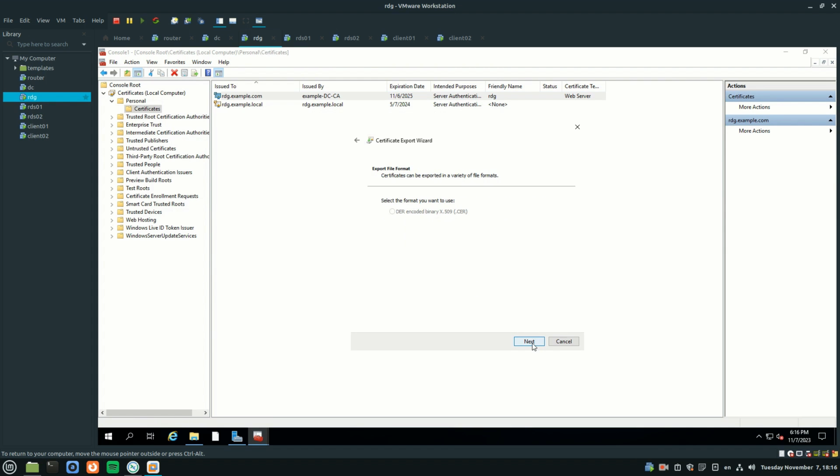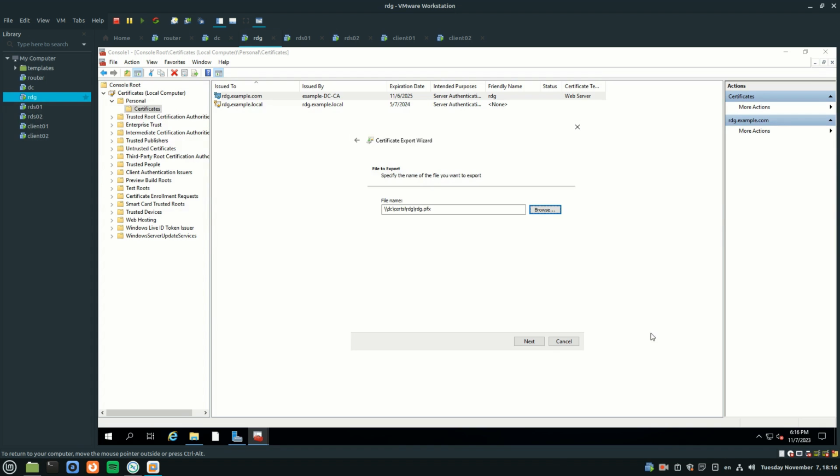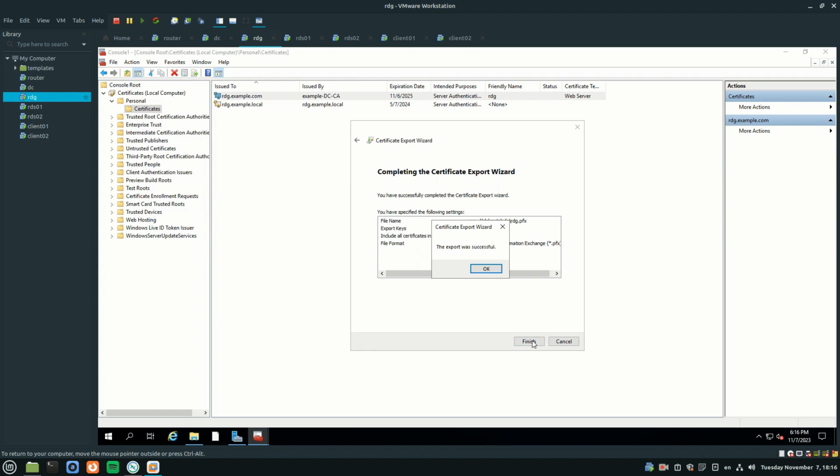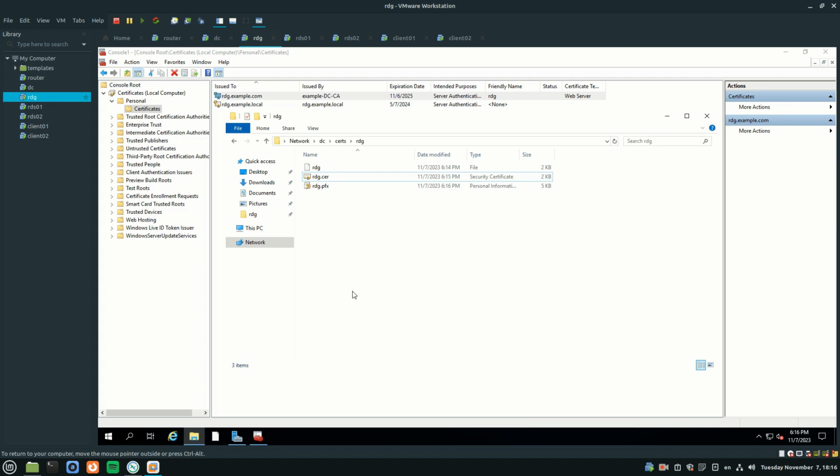Yes, export the private key. The certificate was exported successfully.